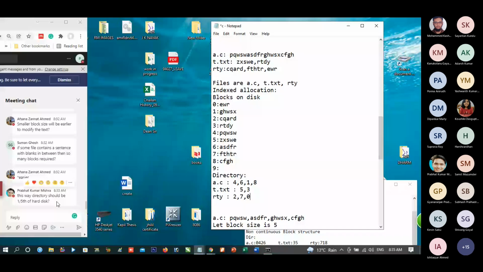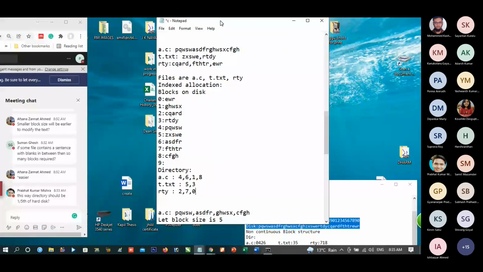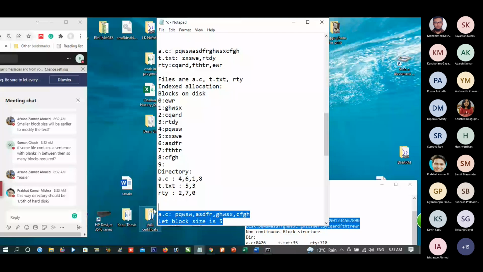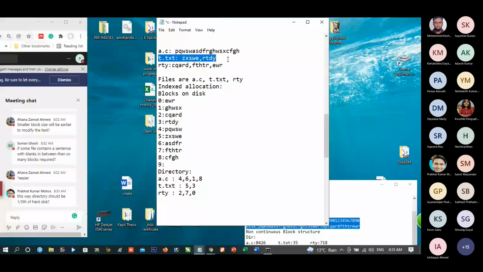Now, we shall see how the updates are made. How to make updates. Okay, our file t.txt is this.